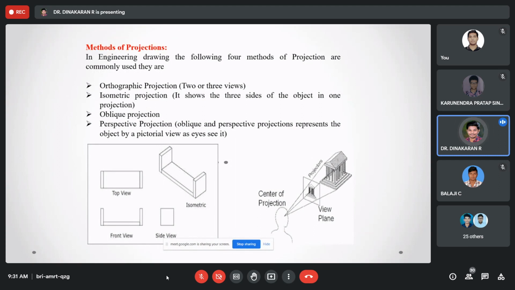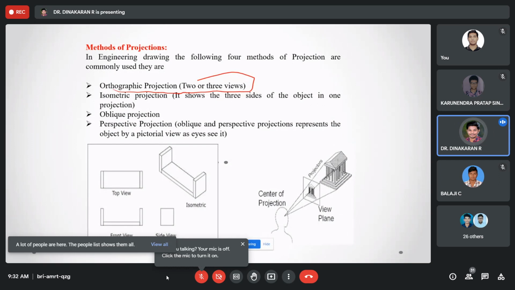Regarding the methods of projection, I already told you in the first class that there are various methods. The first one is orthographic projection, with more than two views. Up to the third unit we solved only orthographic projection, and only the front view and top view for simple solids. We started with points, then lines, then projection of solids, section of solids, and development of surfaces. Last class we solved orthographic projection of part drawings, where a component is shown and we need to draw the front view, top view and side view. For the front view, what parameters do we need to consider? Length and width, or length and height?